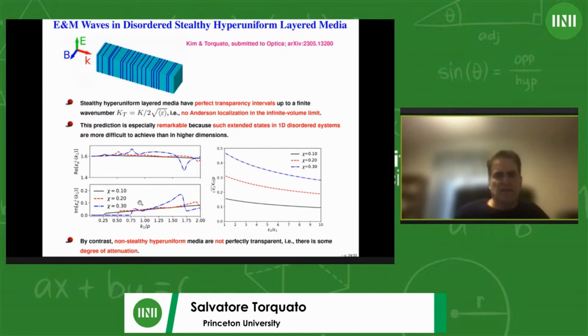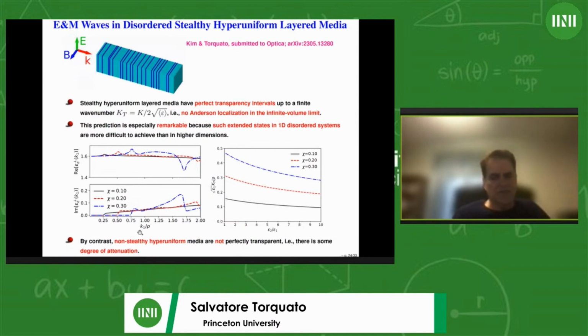And you can then compute with this theory. You can do it for various chi values. And it turns out in the case of the 1D stealthy hyperuniform system, the disordered regime is actually less than a third of chi. Chi has to be less than a third. And we showed with this that you can actually compute the transparency expression exactly, which I don't have here. But you can then determine what the dependence is on the contrast ratio, because that is going to make a difference. So you can look at it for various chi values, and of course it's descending as the contrast ratio becomes large.